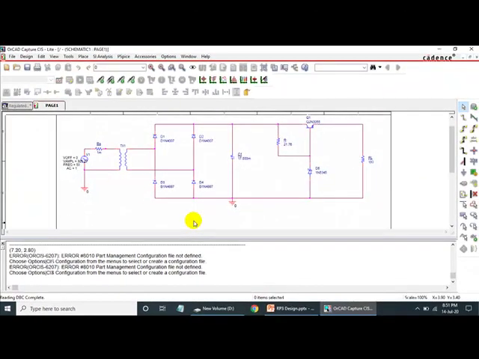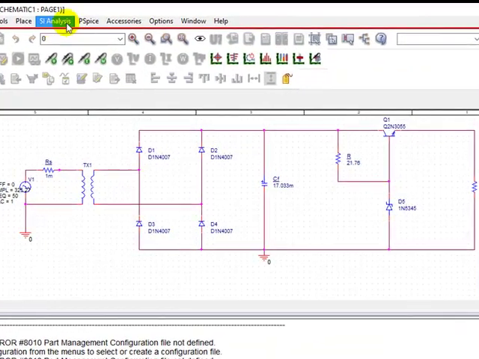Normally, if you build this circuit on the breadboard or on a printed circuit board, you will use oscilloscope to analyze the waveform. We shall do the same thing. In any experiment, if you are using oscilloscope, then to perform the simulation for the same experiment, you need to perform transient analysis or time domain analysis. So let us first create a simulation profile.